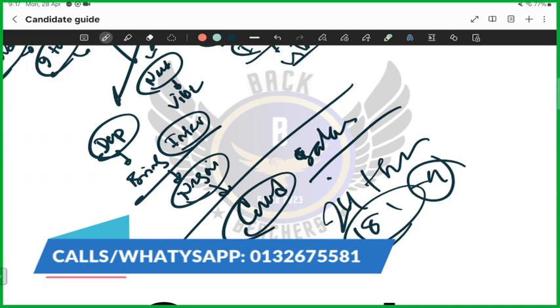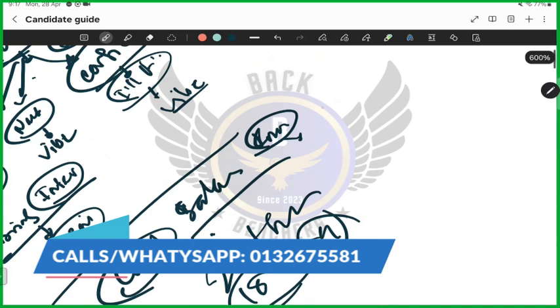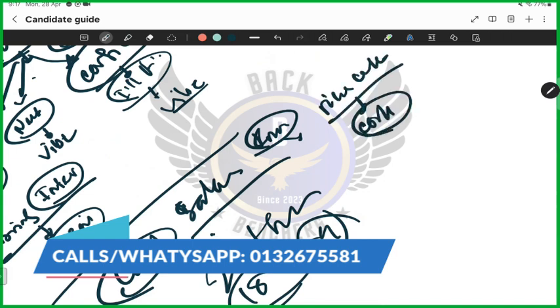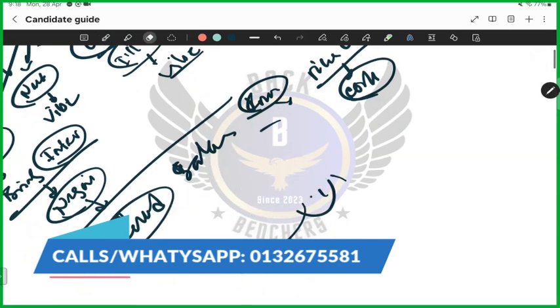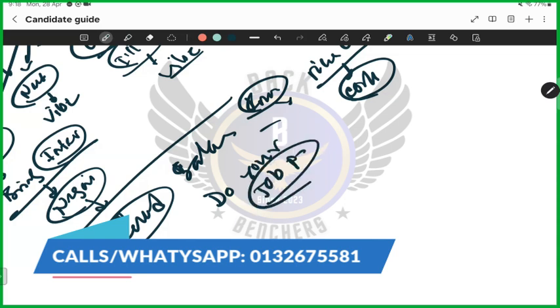Because if you know how to do your job properly, like if I'm a rice cooker, if I know how to cook rice properly, who will not buy me? Everyone will do that. Simple as that. Simple, guys. So all you have to do is your job properly. Do your job properly and you will get jobs. It's not like there are no jobs. There are jobs, but for quality people, you have to possess that quality.